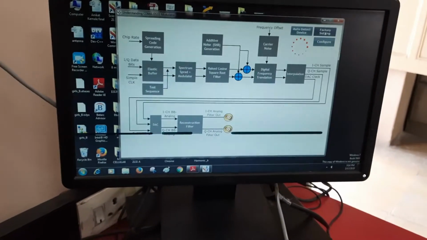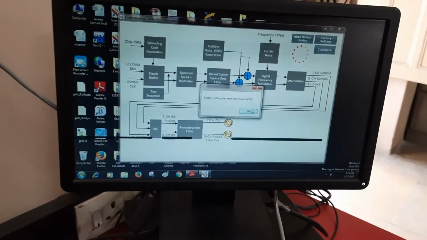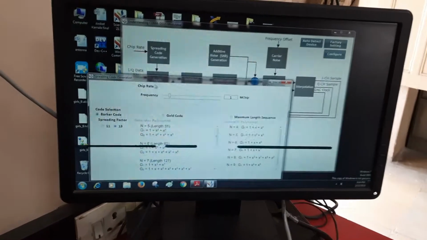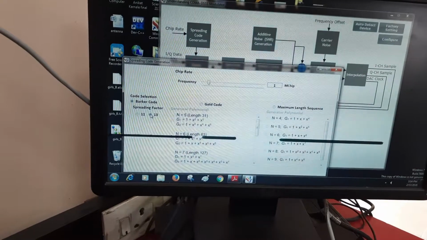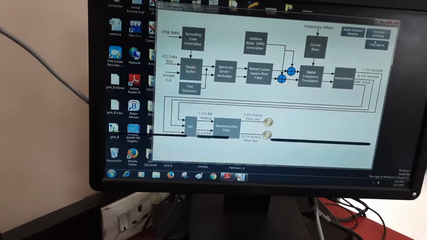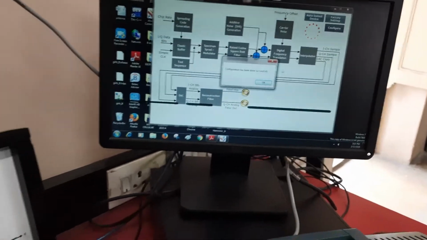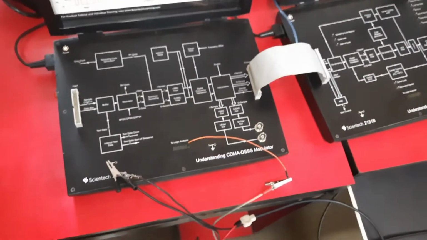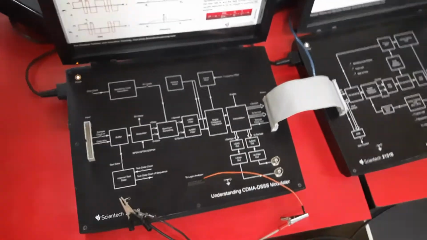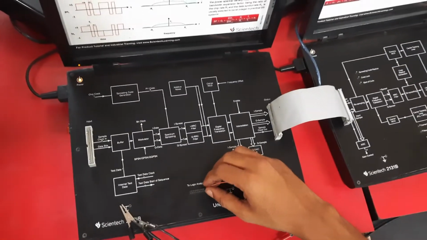Do the factory reset and setting, make the barker code 13 and chip rate 1 Mcps configured. Now we'll see the output and the different changes in the PN sequence and data rates.